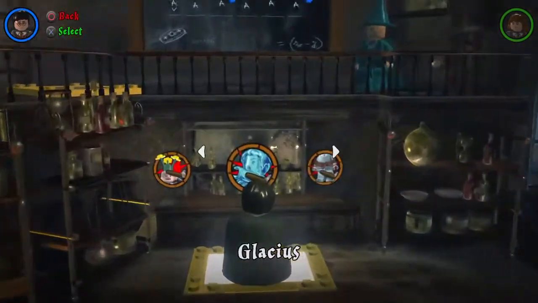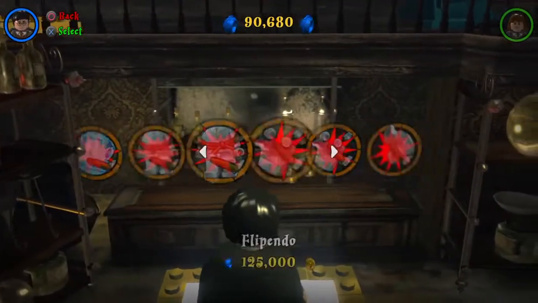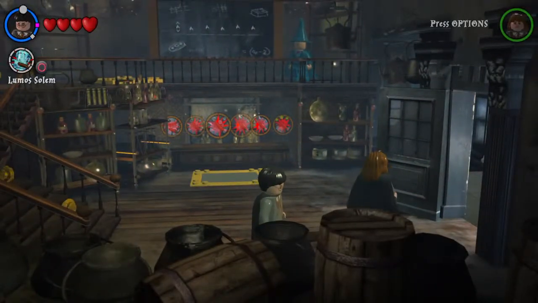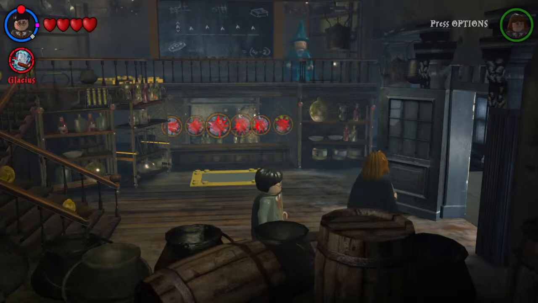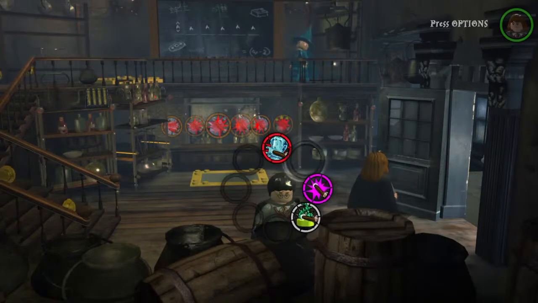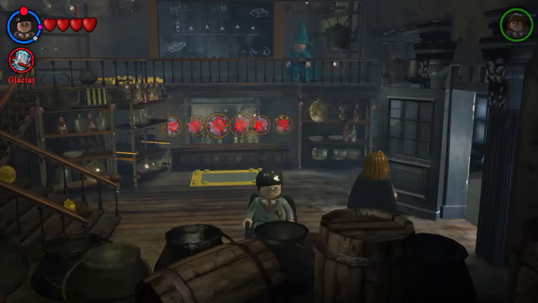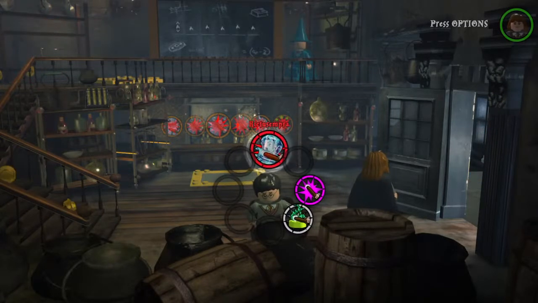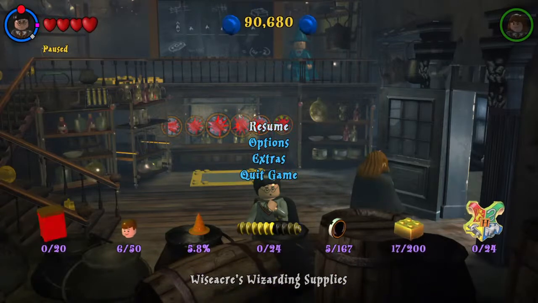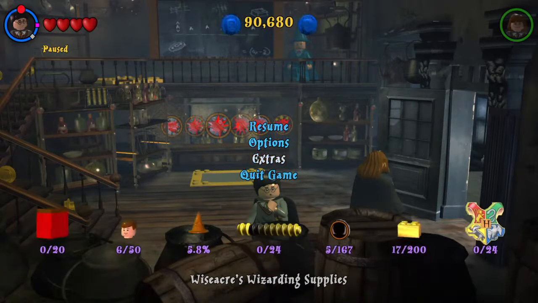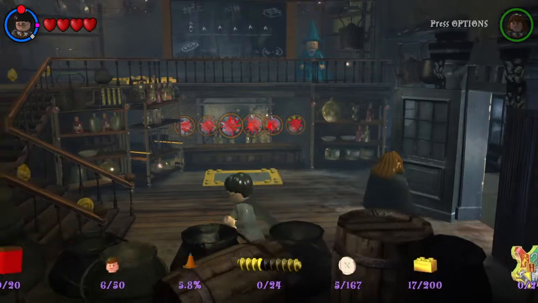Oh, so wait, whatever I buy will replace what I have. Okay. How do I change what's on the light bar, spells menu? Okay, we'll figure this out later.